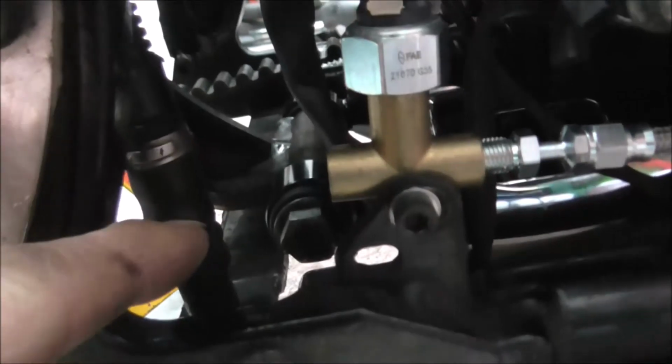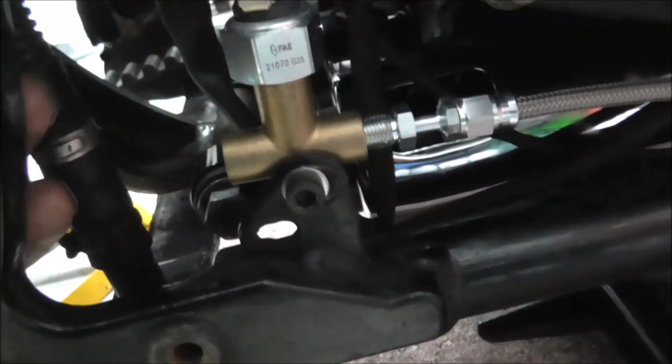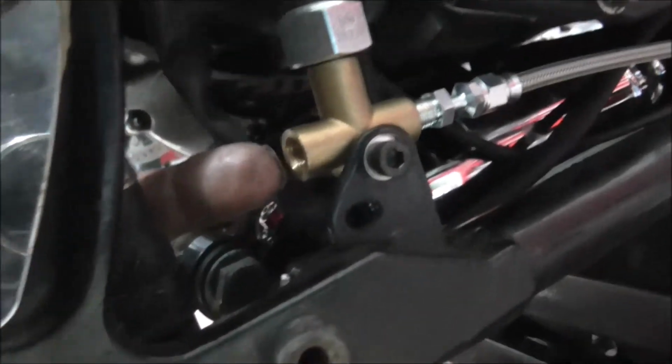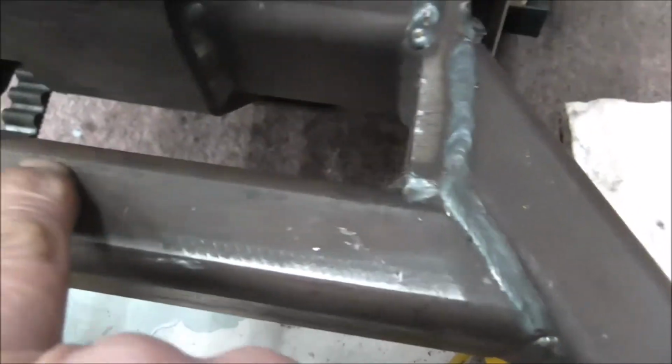But what I've got to figure next is, do I come out of here with a straight like that, or do I put one of them ones that goes up 90, which would bring it up? I could bring it up underneath. I'm just going to move about a bit here to try and show a bit better. Yeah, bring the line up from in here with the 90-degree bend and bring it out to here and put it on to a T-piece underneath the swing arm, and then if I show you it from the top, if I mount the T-piece on here, or even on here, but underneath, bring the brake line through under here, and then bring the lines